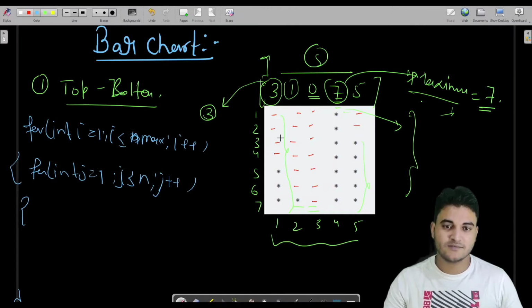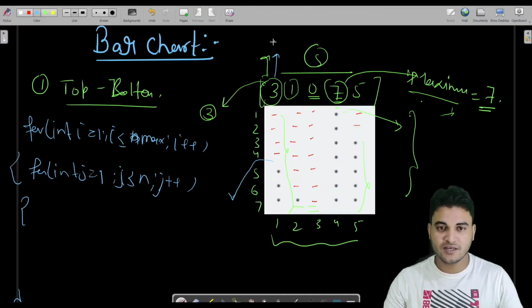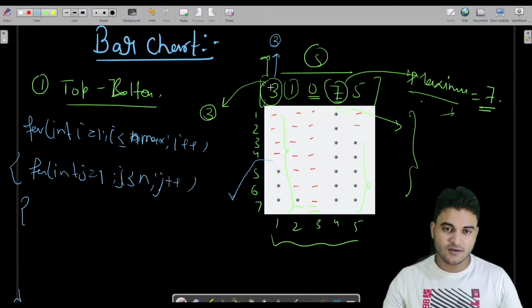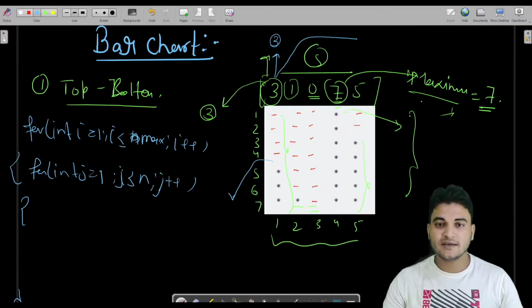If you see here, we are starting the printing of stars after 4 in this particular column, where we had 3 as the value. So here we start the printing of stars after 4, considering the fact that at this index of the array we have the value 3.